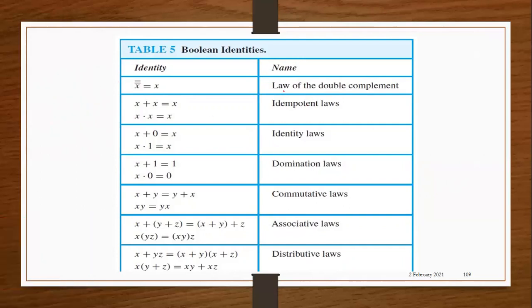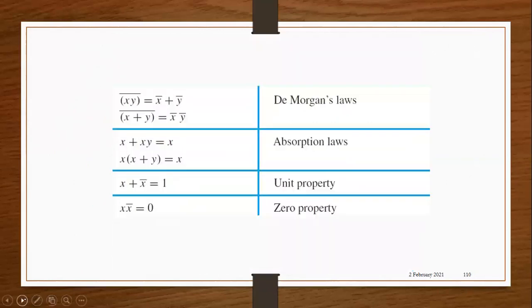Then we have idempotent laws. X plus x will give you x, x into x will give you x. Identity laws. So 0 is the additive identity and 1 is the multiplicative identity. Then we have domination laws, commutative, associative. The same laws that we have studied in unit 1, which I explained in detail while I was teaching unit 1. Please refer back. Instead of using and, or, negation, we have changed the symbols to complement, plus and Boolean product. That's it. So the same laws can be verified.